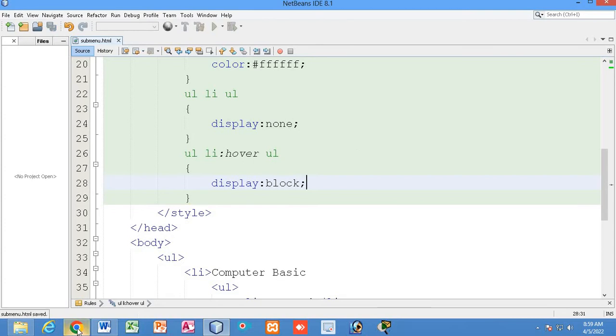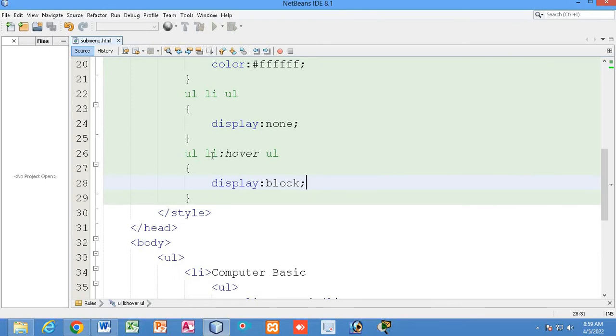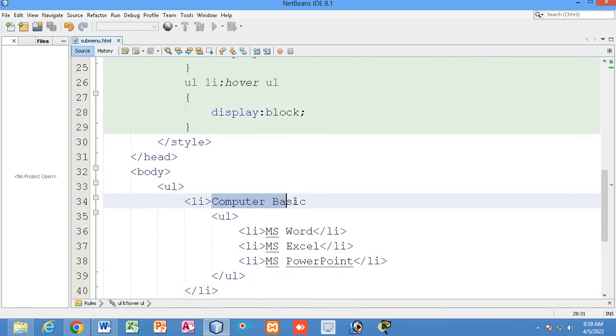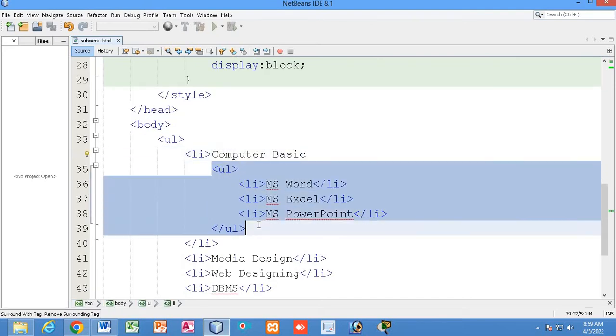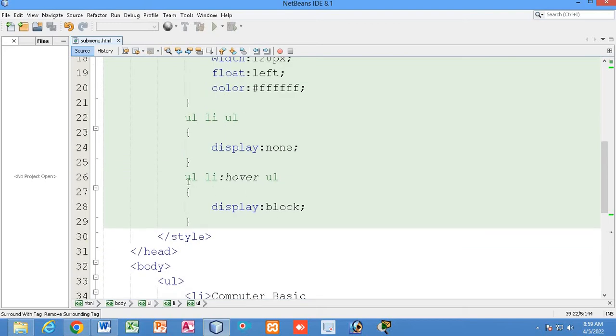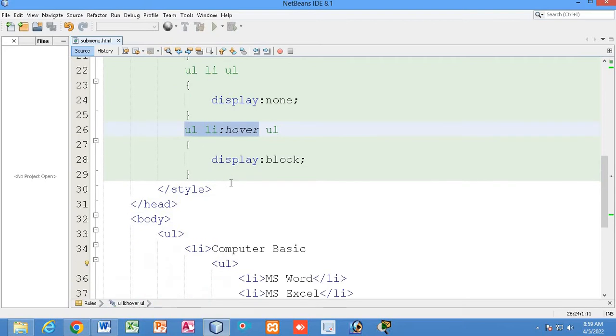That means by default you can see the sub menu will not be displayed. If the user brings the mouse cursor over this computer basic, then only that sub menu will be displayed. So if the user brings the mouse over this computer basic, then whatever ul is under this computer basic will be displayed. See, if the user brings the mouse over this li which is placed under the top, that is the outer ul,